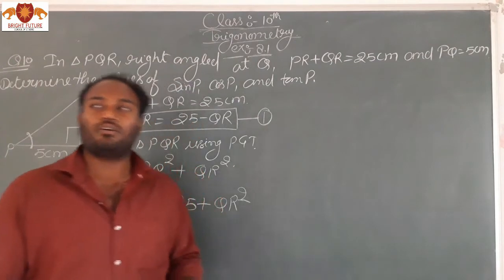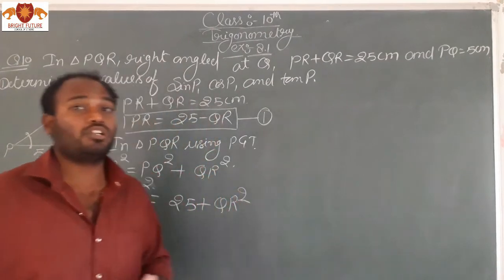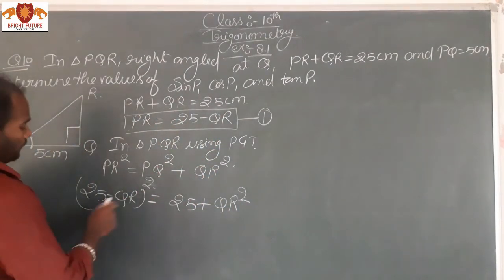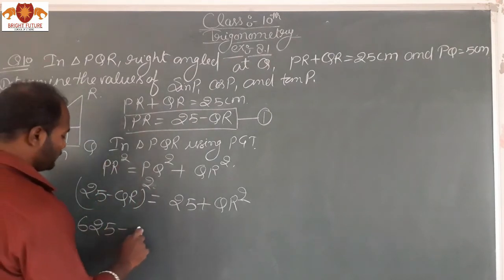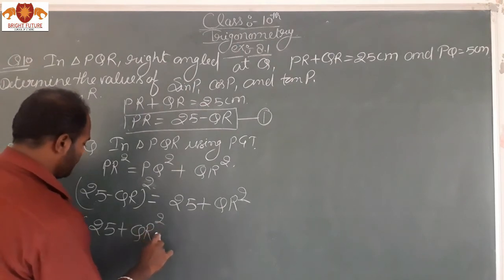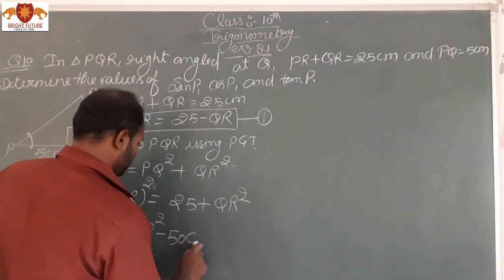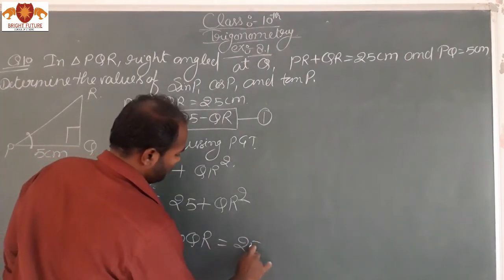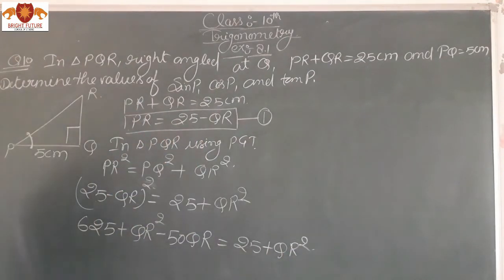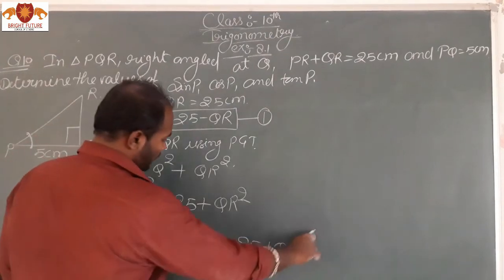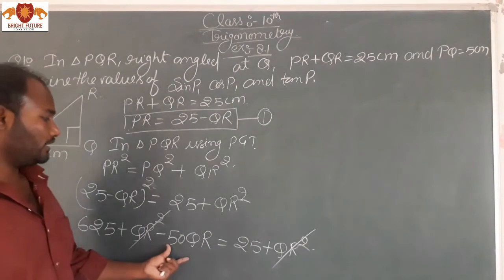Now solve it by the using of formula (a minus b) का whole square, got it। Now you should know the formula (a minus b) whole square, what is a square plus b square minus 2ab, so I will use the formula. If I will square of 25, so I will get the 625 minus plus QR square minus 2ab, it means 25 multiplied by 2, it means 50 QR is equal to 25 plus QR square here, ठीक है। चलो now you can clearly see that here is QR also and here is QR also, you can cross it by using the minus sign, ठीक है।